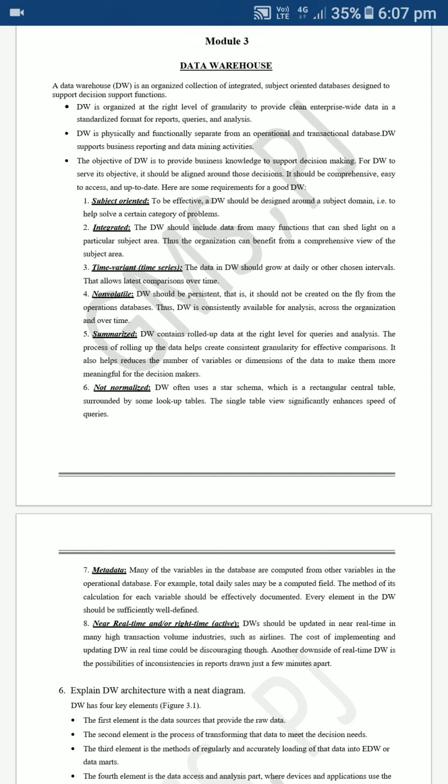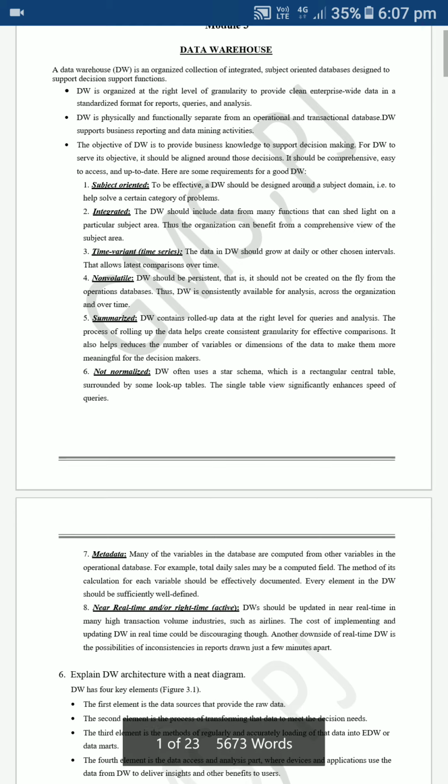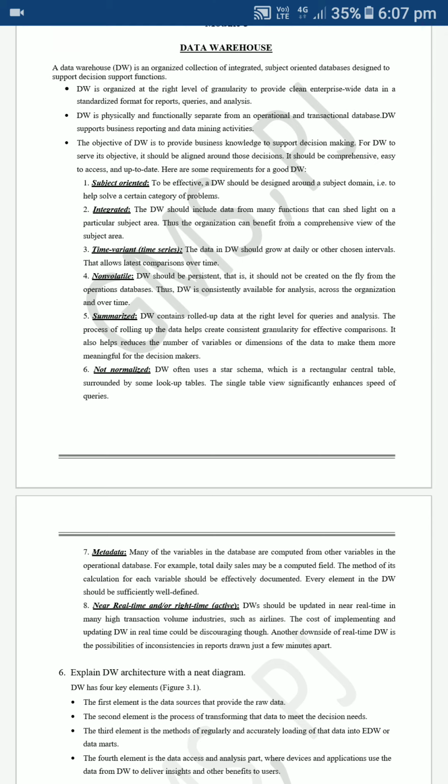Reporting and data mining, for example, you can take any small industry. In all small industries they will be using some ERPs, that is, enterprise resource planning. So enterprise resource planning is nothing but your operational databases. So this is not burdening any IT performance, and it will also improve the business efficiency and the customer services.